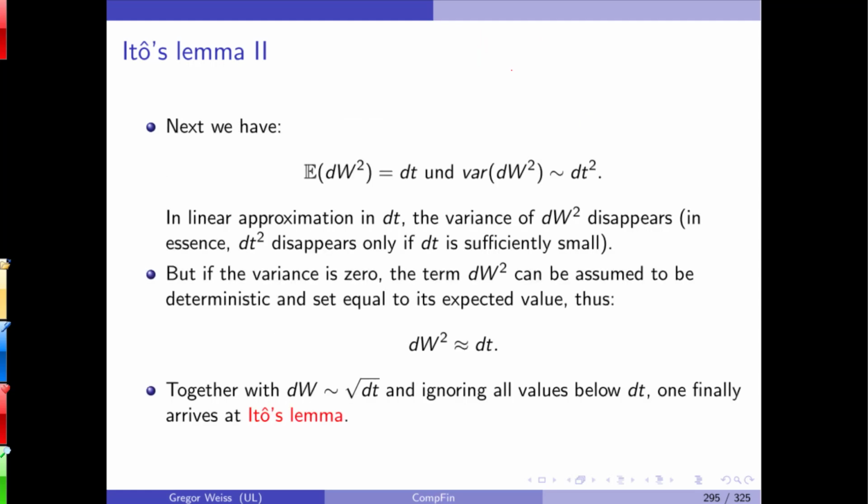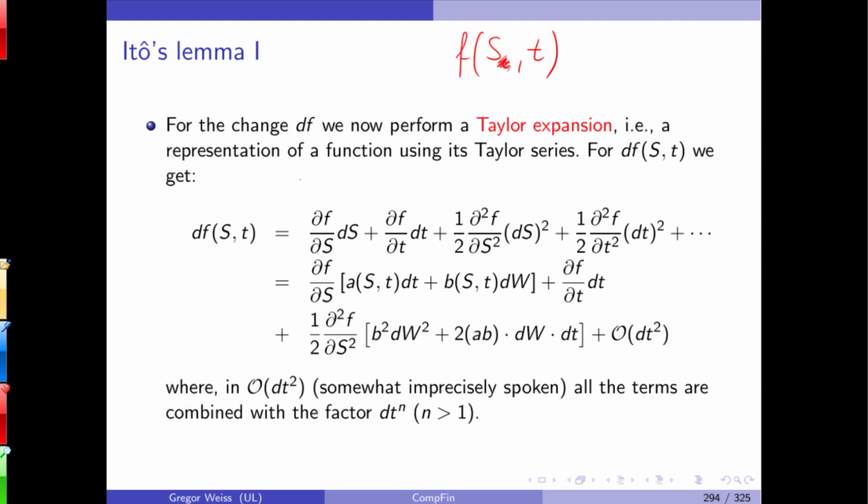Now, very simplistically, we have the expectation of a squared Wiener process is dt, and the variance of a squared Wiener process is proportional to dt squared. What does that mean? You can see here that you have dW squared here,